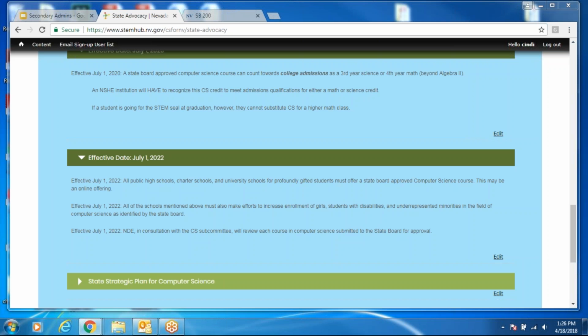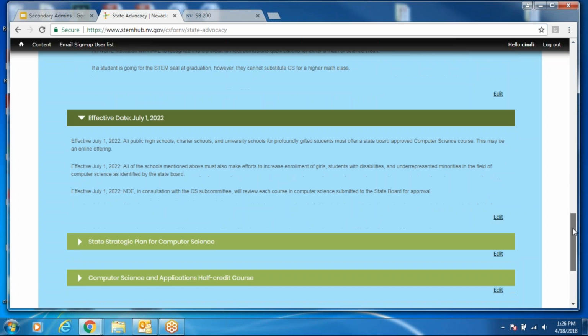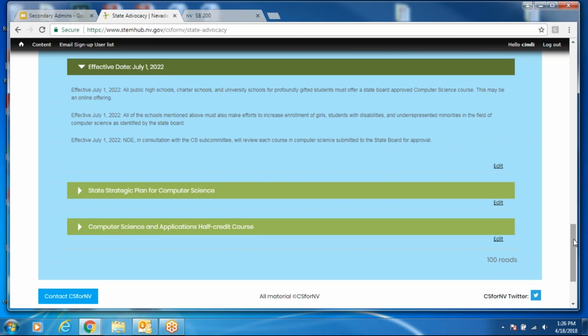Cindy, this is Leanne. Hi, Leanne. Question about, here in Carson City, I know 7th grade is where we are meeting that high school graduation requirement. Do you see, with all of these new standards, the possibility of us needing to move that back to the high school in order to meet those high school standards? Because it seems like now we're going to have to be doing the middle school and probably some of the high school standards in order to continue to meet the requirements for that graduation requirement.